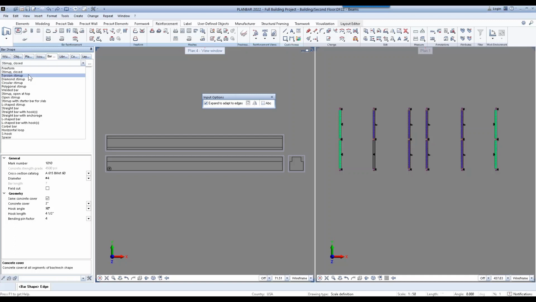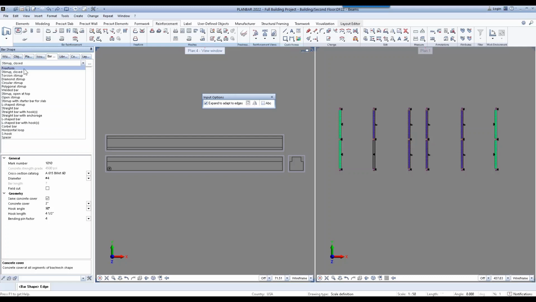But if you don't see a typical shape that you need, you can always choose freeform. With the freeform option, you can just trace any shape you wish by clicking the points, and ALLPLAN will automatically adhere to the minimum bar radius or minimum bend radius set for each bar diameter when creating these custom bends.